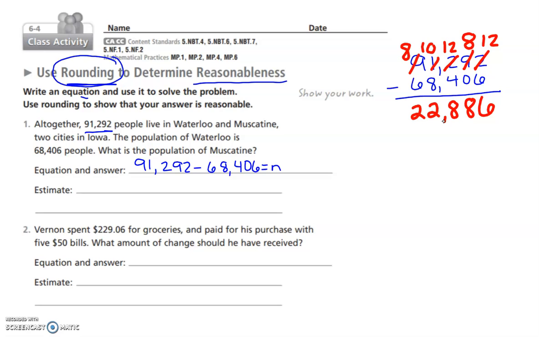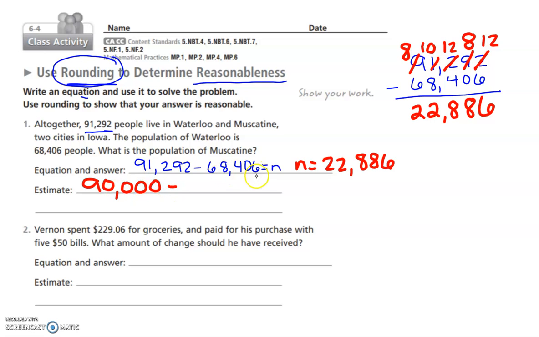So my answer would be 22,886. So I'm going to write that also on this line. N equals 22,886. And now to find my estimate, you want to use rounding here. So let's talk first about this 91,292. It doesn't tell me what to round it to, but I know that I want this to be easy. So I'm going to simply make this 90,000